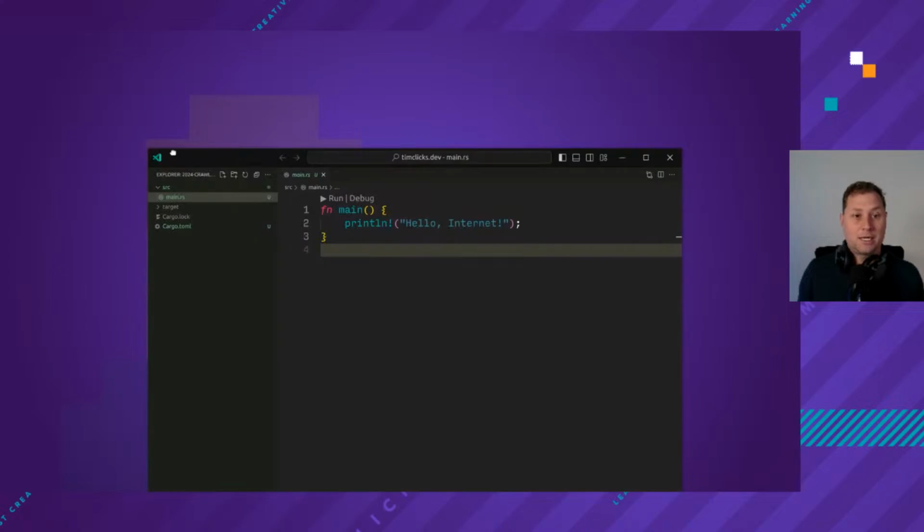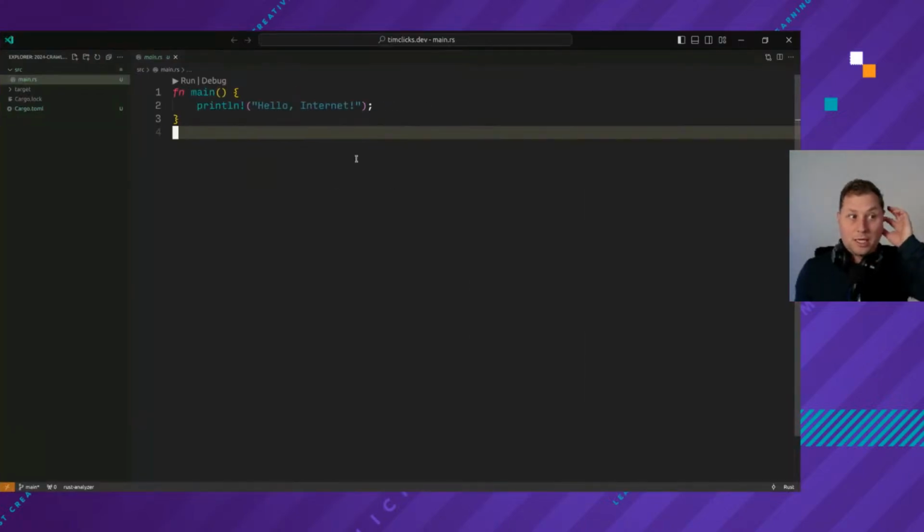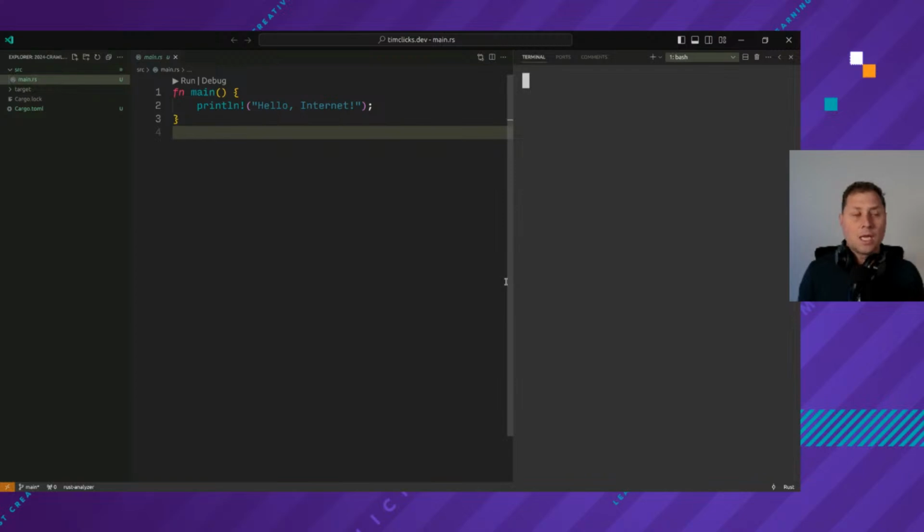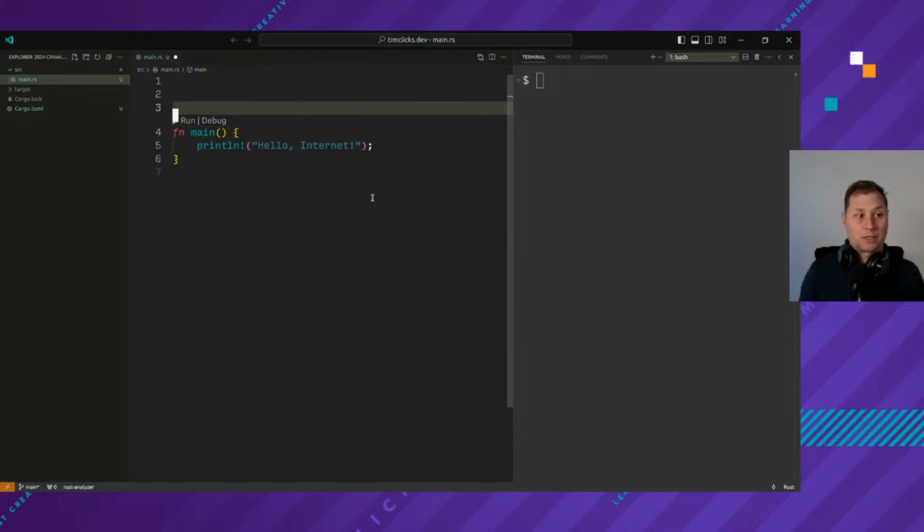I have created a new project, and so I've run cargo new. And then I just changed the default from hello world to hello internet. And this is probably something that you have seen yourself before. And so what we're trying to do is create a system where we want to download content